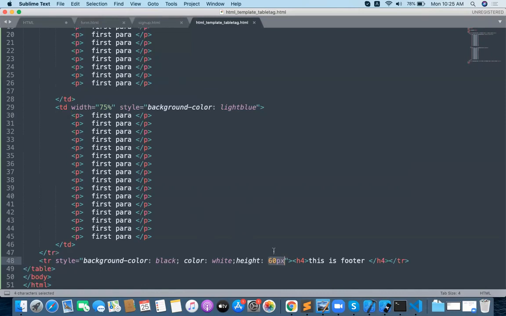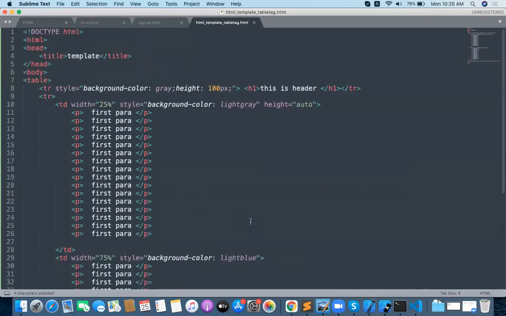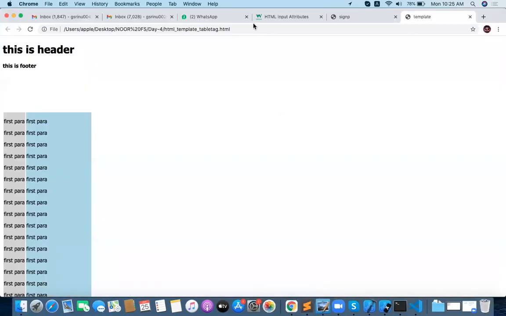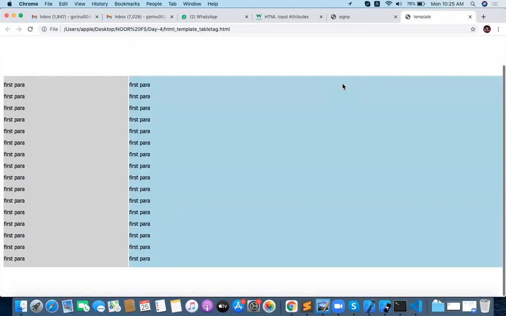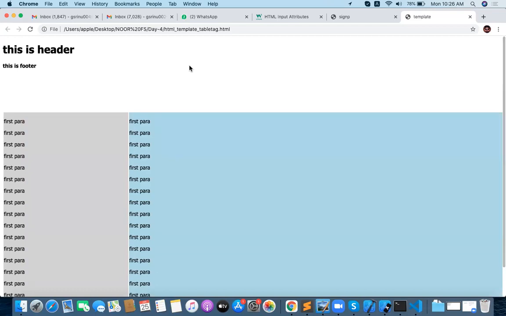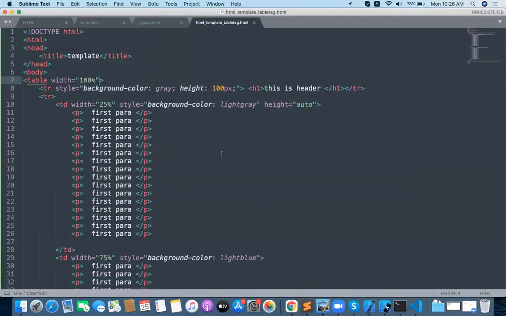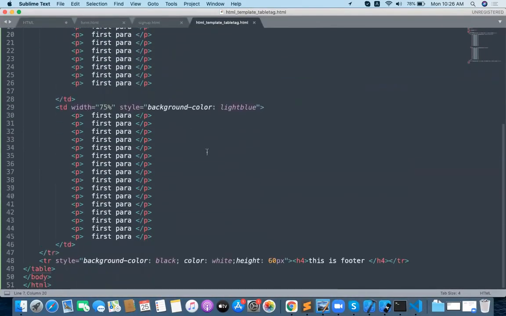Header height is 100 pixel, footer is 60 pixel, and table width is 100%. I want to take a table as a 100% table. Now the table is fine, but the footer is going top. Why is the footer going top?